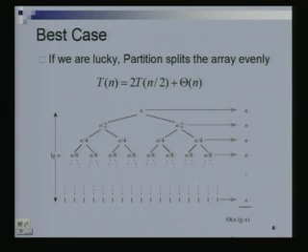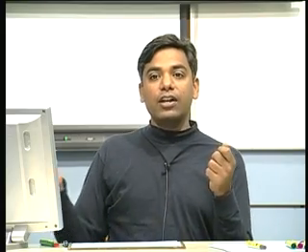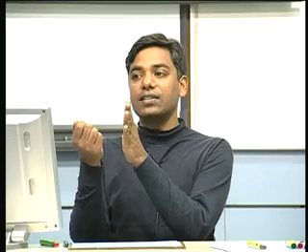Who can tell me? Can you also say that the partition will take at least omega of n time, at least n time? Yes? Because when did we say we would stop? When our i and j would interchange. So i has to go at least till some part and j has to go, so the total number of times I will increase i or decrease j is at least n.